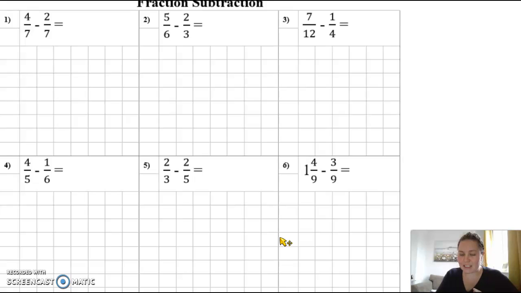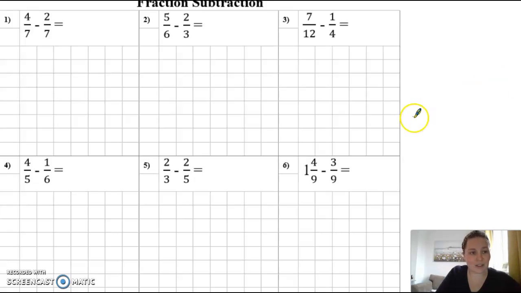So let's go through the questions that I set you yesterday. We have got questions 1 to 6 of our fraction subtraction today. So hopefully you've had a go, hopefully you didn't find them too tricky. Again, we're going to start super easy and it gets a little bit harder towards the end, but we will